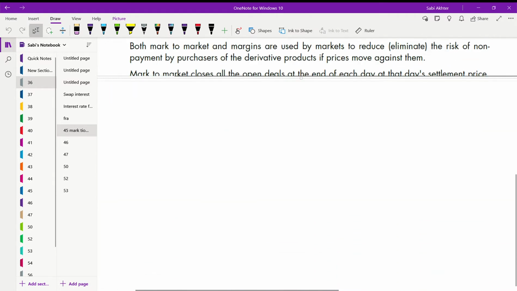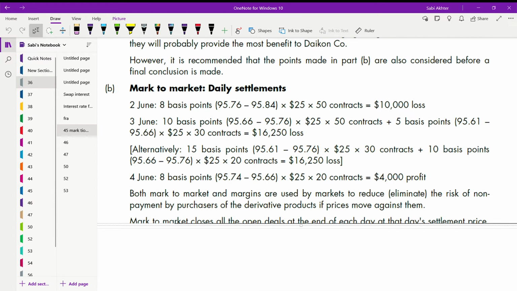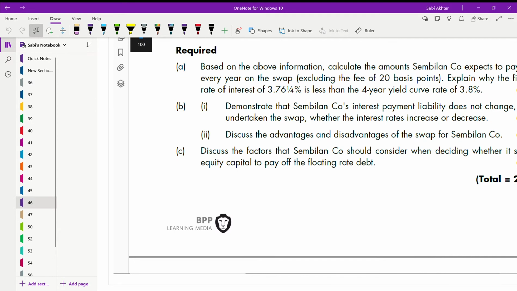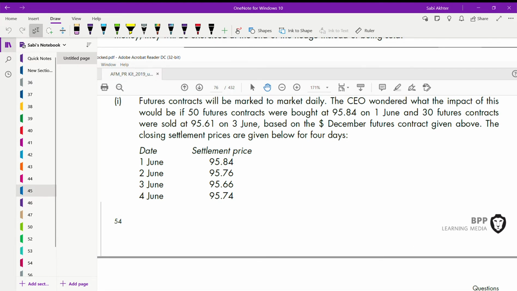So now, starting mark to market, you have to start by date. You have to start in chronological order. So first is 2nd June. So starting with 2nd June, if you see here, 2nd June it is 95.76. So 95.76 minus 95.84,